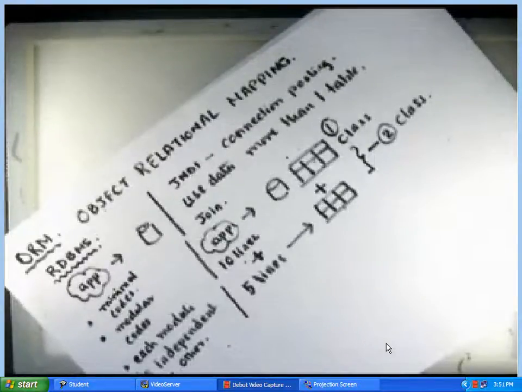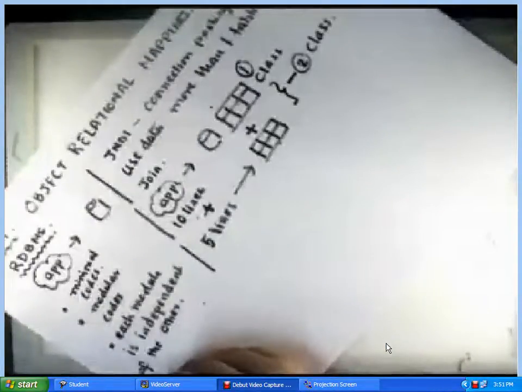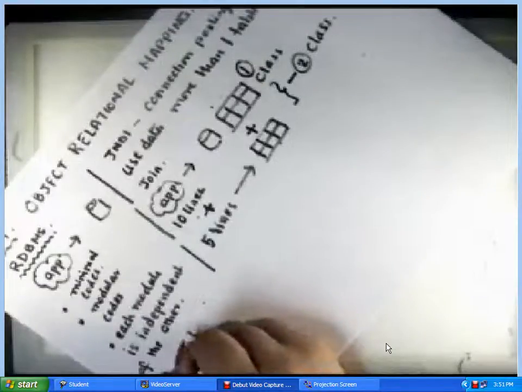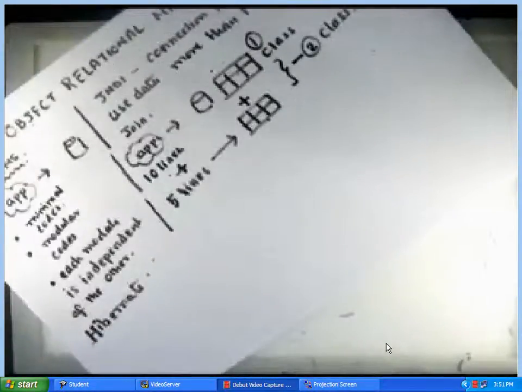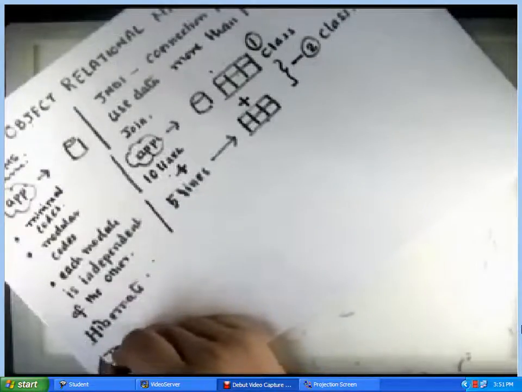This feature is embedded in recent providers like Hibernate, made in Java, where we find that such object relational mapping can be done. The API which backs it up, or provides us the entire framework for implementing such ORM techniques, is known as Java